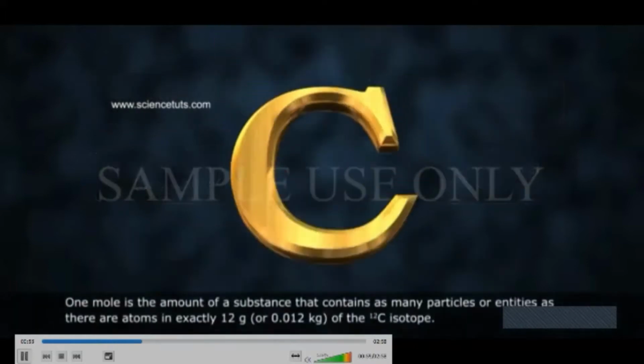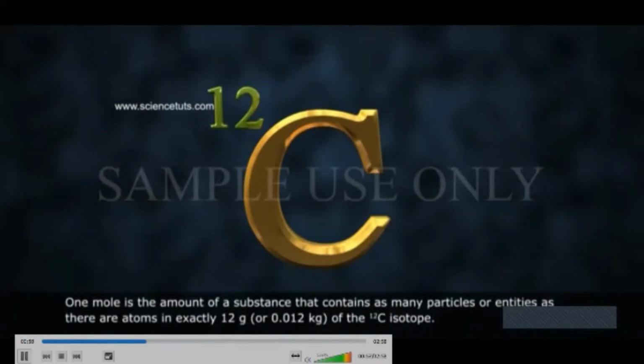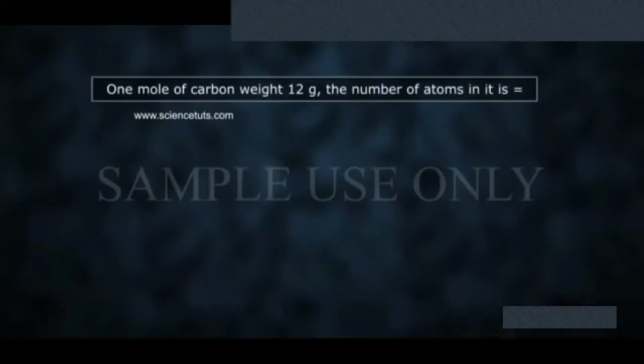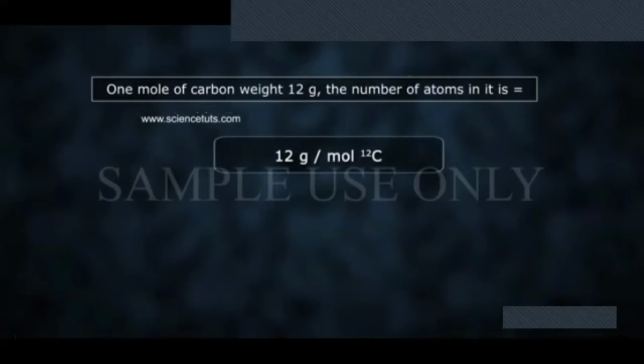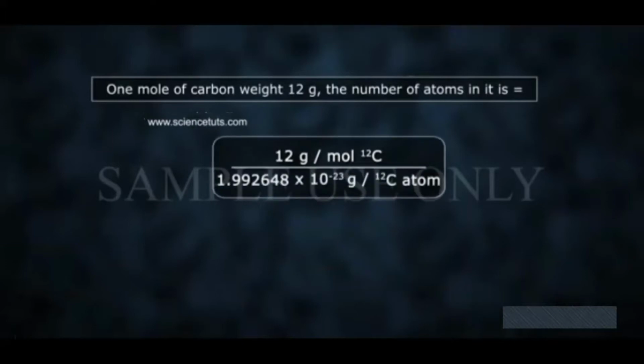In the SI system, mole, symbol mol, was introduced as the seventh base quantity for the amount of a substance. 1 mole is the amount of a substance that contains as many particles or entities as there are atoms in exactly 12 grams, or 0.012 kg, of the 12C isotope. 1 mole of carbon weighs 12 gram. The number of atoms in it is equal to 12 gram divided by the mass of one 12C atom, 1.992648 into 10 to the power of minus 23 gram,